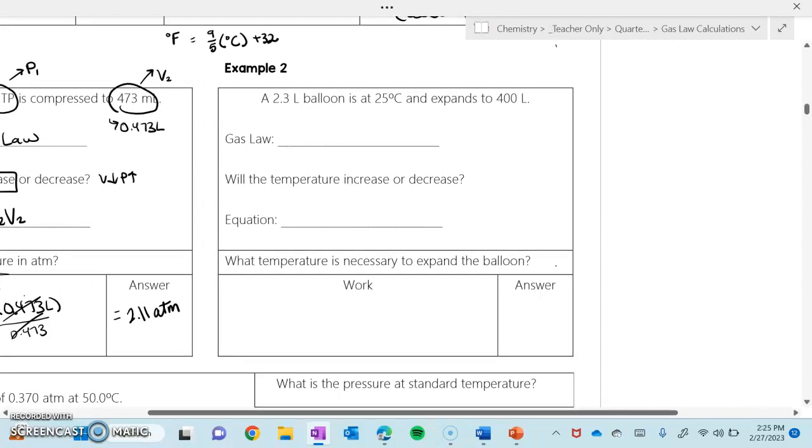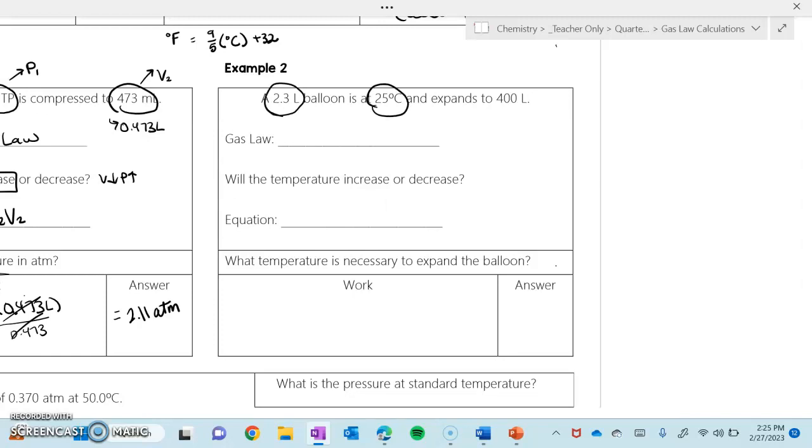Okay, example 2. Let's do the same thing. Let's circle our given values. We've got 3 given and 1 we're finding. So this is volume 1, temperature 1, volume 2. I bet we're finding temperature 2. Yep. What temperature? So that would be T2. Volume and temperature is